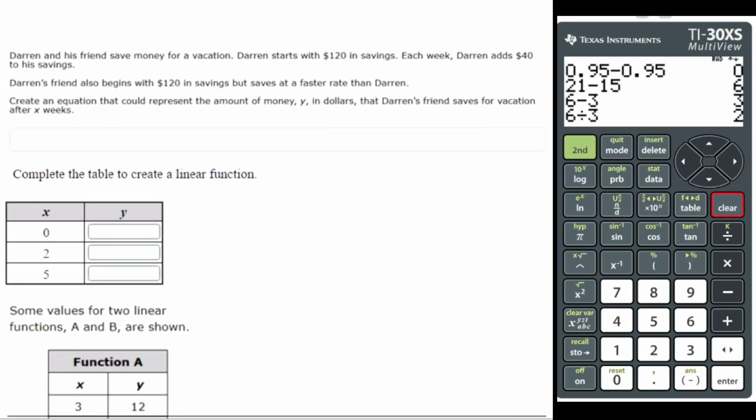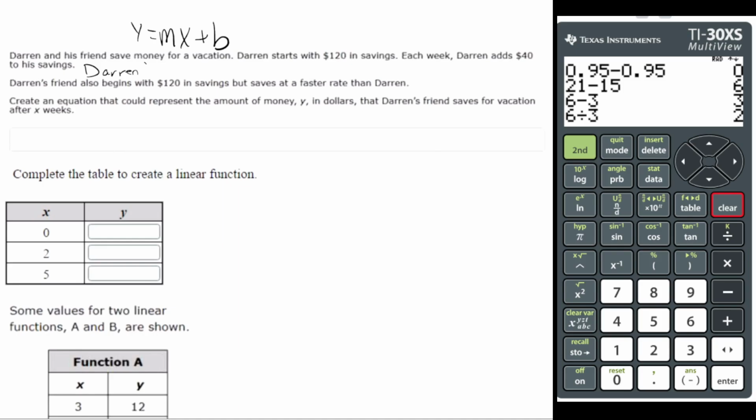Darren and his friends save money for a vacation. Darren starts with $120 in savings. Every week, Darren adds $40 to his savings. Darren's friend also begins with $120 in savings, but saves at a faster rate than Darren. Okay, so let's talk about the equation first. y equals mx plus b. Right? For Darren,